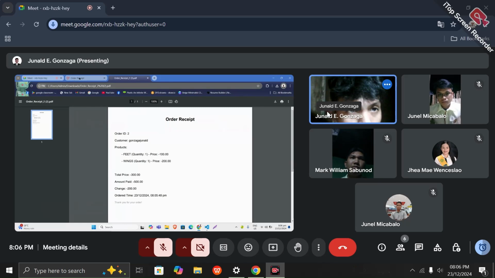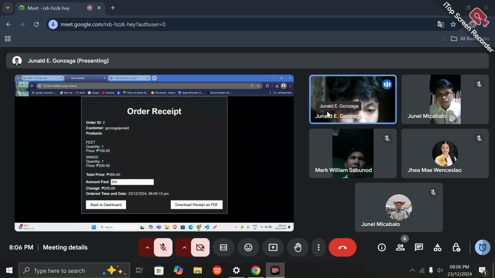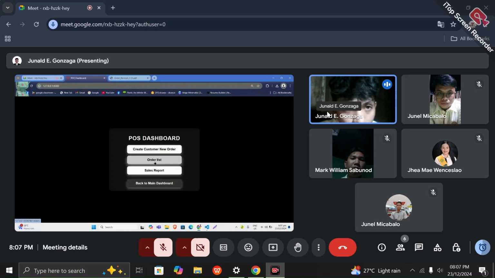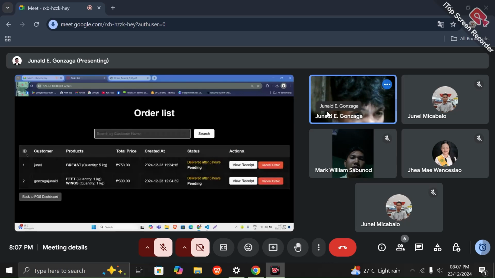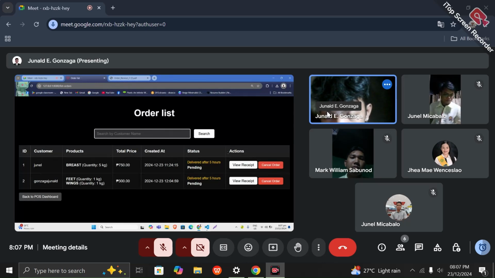Let's go back to our POS dashboard and click our order list. Let's try the functionality of our order list. In our order list, you can see the ID, customer name, product that we buy, total price, date, time, status, and action.